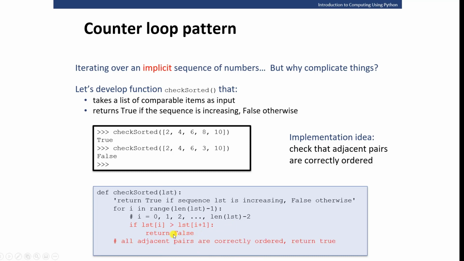Therefore, okay, guys, it's very simple. What we have to do is say, for each i starting from 0 until the length of the list minus 1. Now, please note, why did we use minus 1? Because in our implementation, as we can see here, I used i plus 1. That means at the last item, I'm going to get out of range, and this will cause an error, okay? So to avoid that,